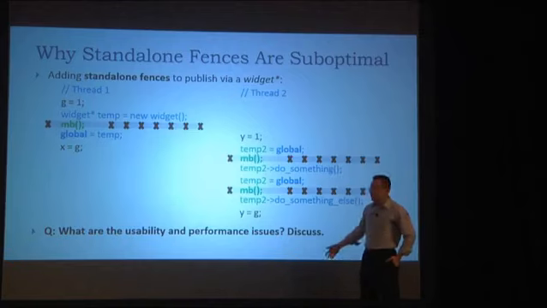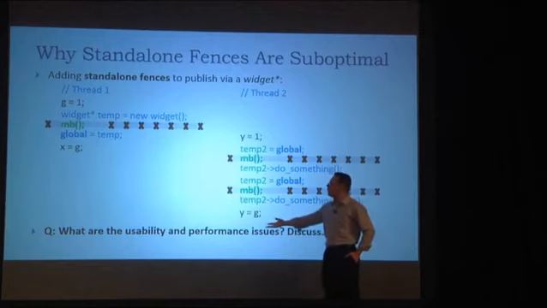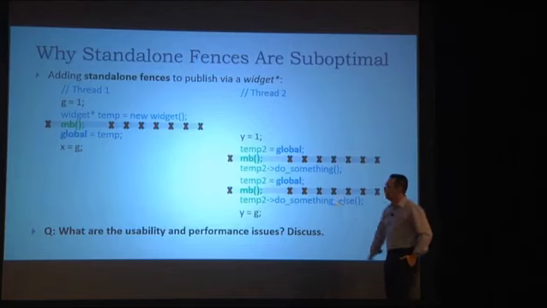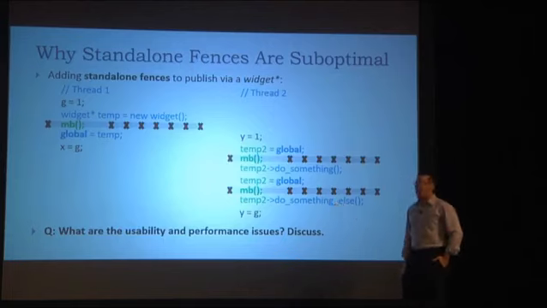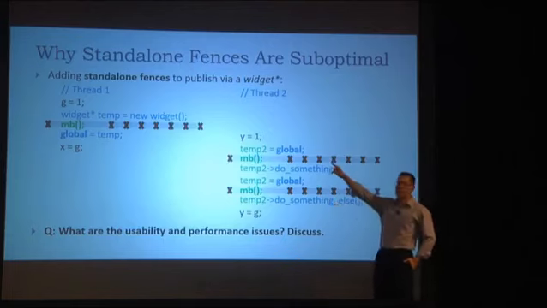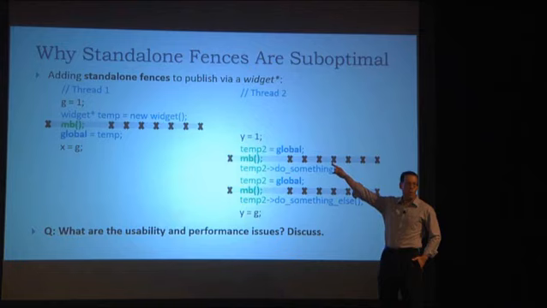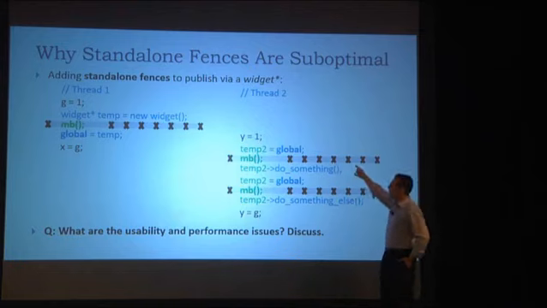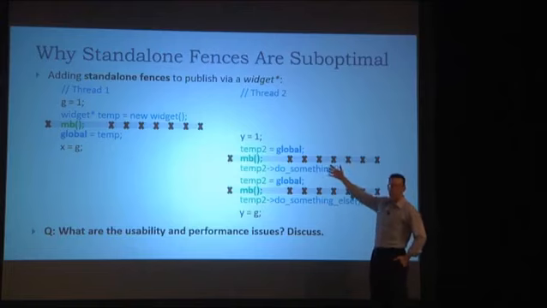I do my work with my barriers, and I say y equals g. Now, thread 1 sets g equals 1. Then I have the barrier. If here I acquire, well, there's no acquire, but conceptually, if I acquire the value of global that was set by thread 1,